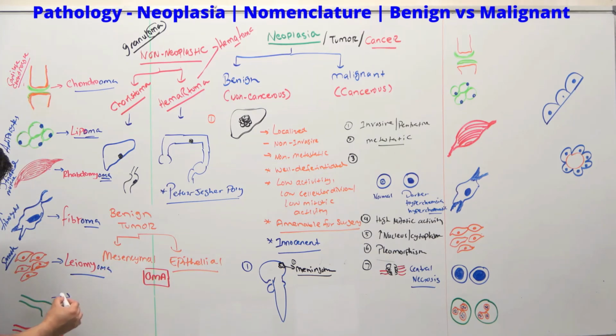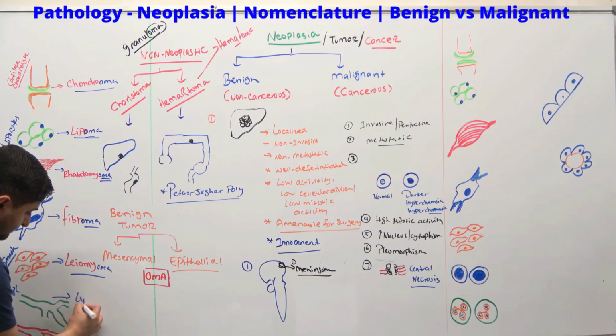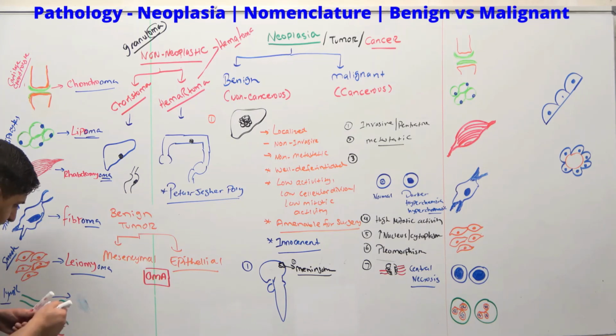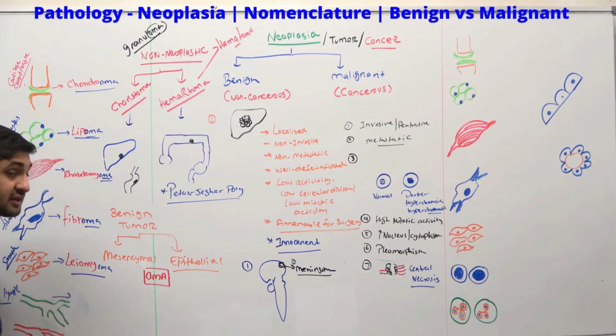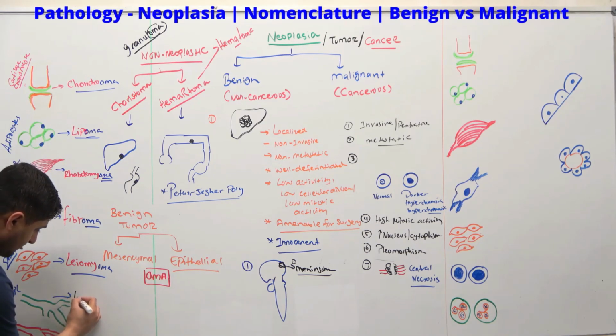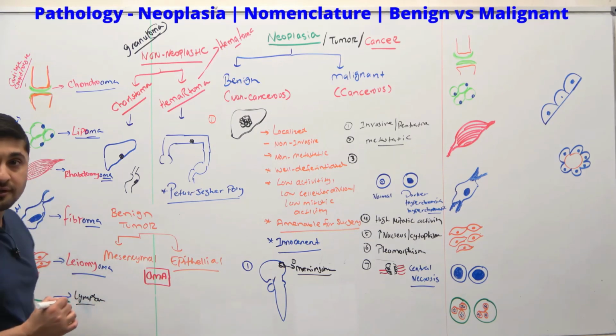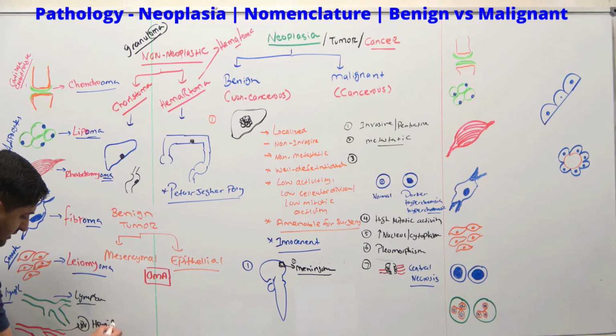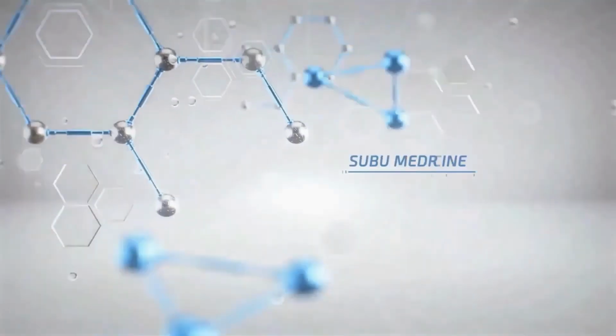And these are lymph vessels. If this is a lymph vessel, what do we call it? It is not a lymphoma, okay? If it's coming from a lymph vessel, it's called lymphangioma. That's what we call it. If it's coming from blood vessels right here, what do you call it? If it's blood vessels, we call it hemangioma.